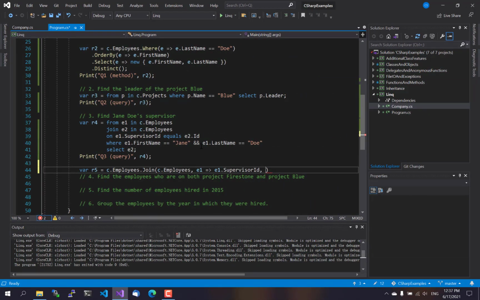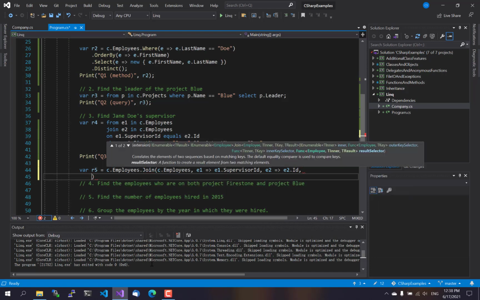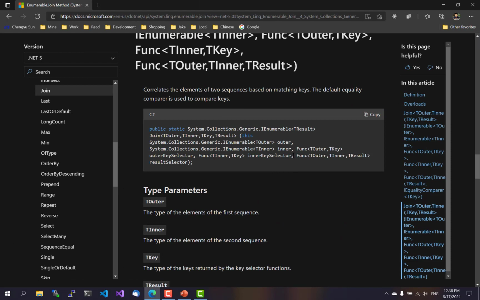So that basically means this one. So we'll say e2.id, and then we'll need to give it